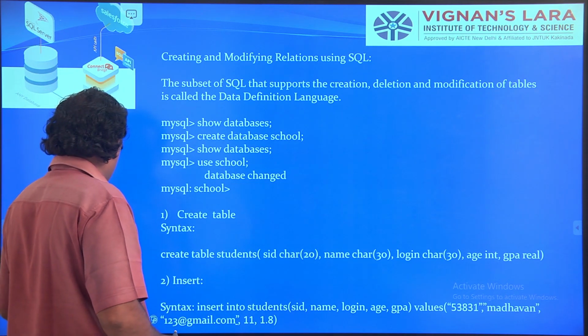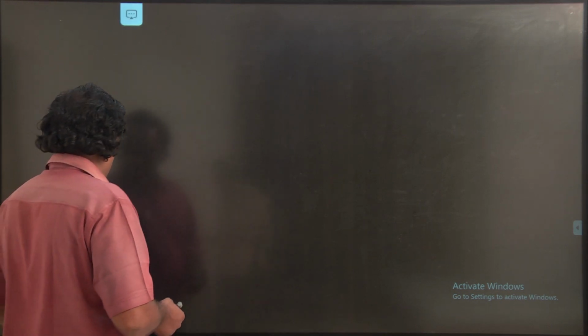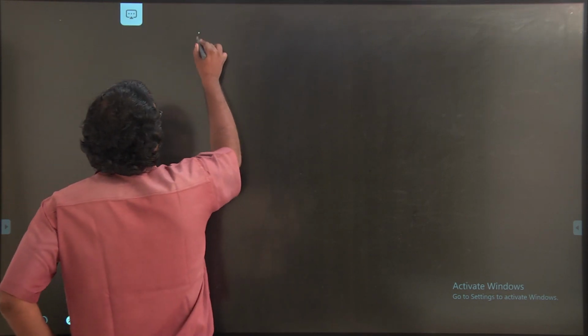Let us recap what we discussed in Unit 2 so far. We started Unit 2.